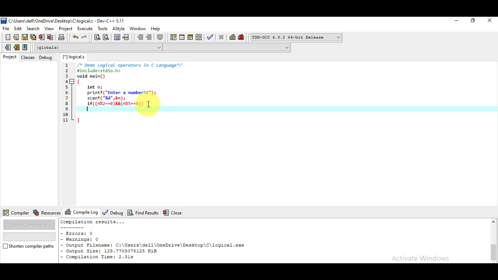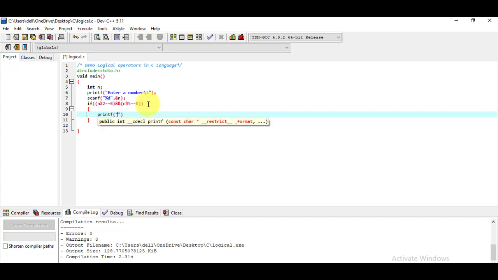and that message should be like printf "the given number is divisible by both 2 and 5."